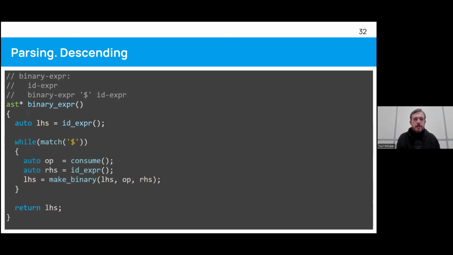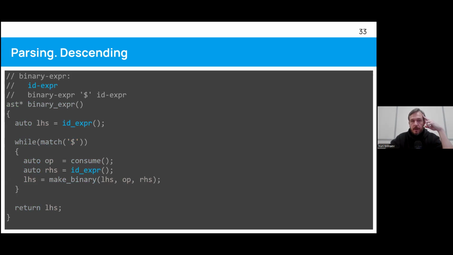The loop here is needed to deal with, again, chained operators of the same kind. That's how we can parse successfully A, $B, $C, $D. And okay, if you look at this, if you are observant, you can notice that here we call ID expression twice.